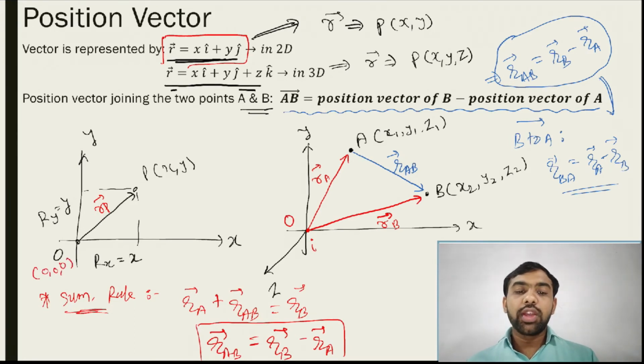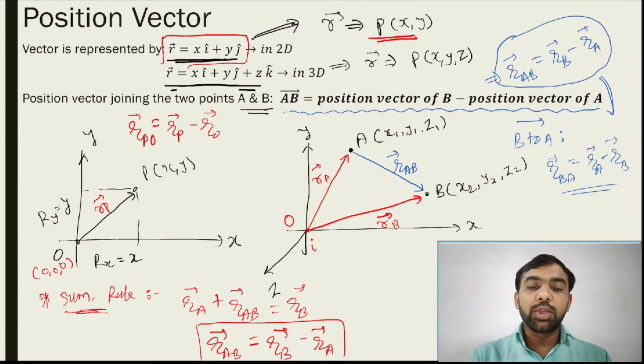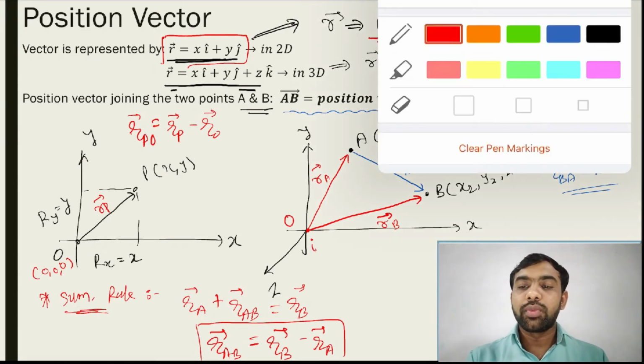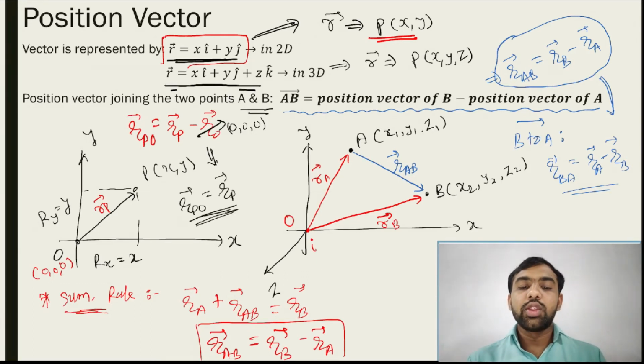O is actually 0, 0, 0. If the origin is 0, then x minus 0, y minus 0 and z minus 0. It's as it is. So we just write the position vector directly as x, y. Thus RP is nothing but, if you write the position vector RPO, it is equal to the position vector of P minus the position vector of O. But actually the position vector of the origin is 0, 0, 0. So our answer is that the position vector PO is equal to RP. These two remain the same.